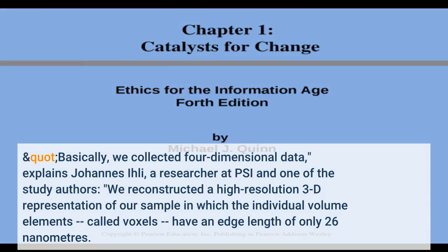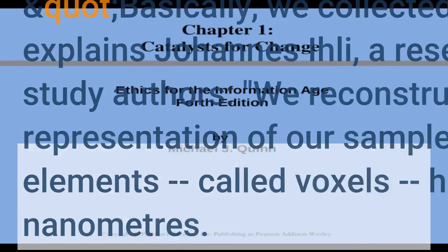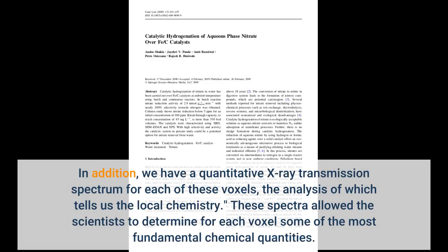Basically, we collected four-dimensional data, explains Johannes Ihli, a researcher at PSI and one of the study authors. We reconstructed a high-resolution 3D representation of our sample in which the individual volume elements, called voxels, have an edge length of only 26 nanometers. In addition, we have a quantitative X-ray transmission spectrum for each of these voxels, the analysis of which tells us